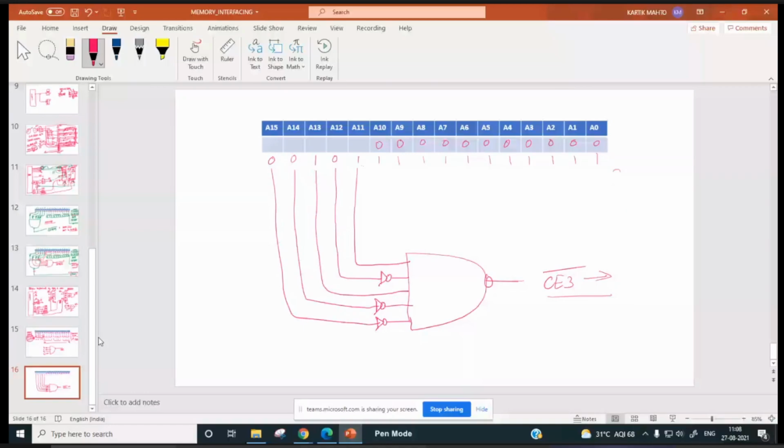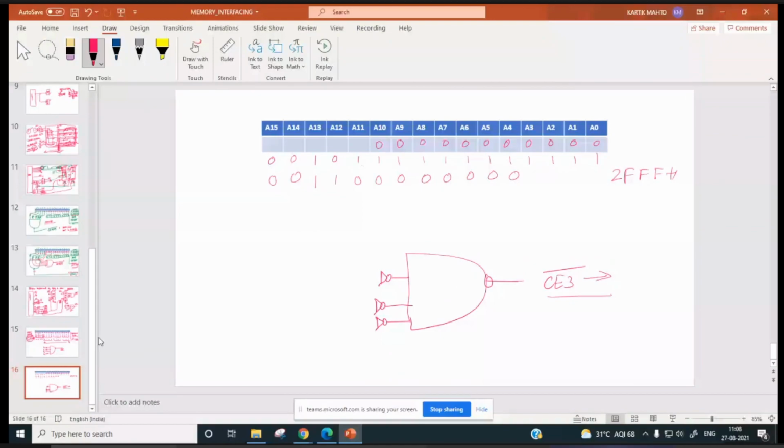So next address will be what? Next address will be 0011. It will be this. So it will be 300H. Next address will be 3000H. Right?